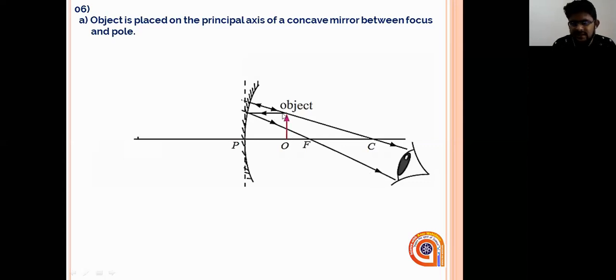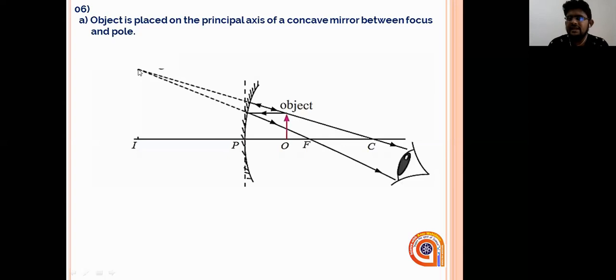And the second ray is, you can see, across the top of the object, I'm taking a ray from the center of curvature. So from the center of curvature, after reflection it will be reflecting back along the center of curvature. So both the rays will not be meeting. You can see they are going away from one another. So accordingly, we can't get a real image here. So what we do, we have to go to the opposite side and drag the lines. Now we have dragged the lines.